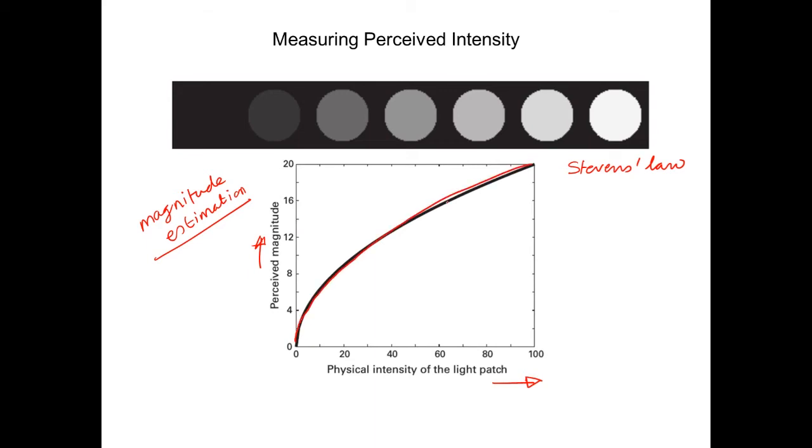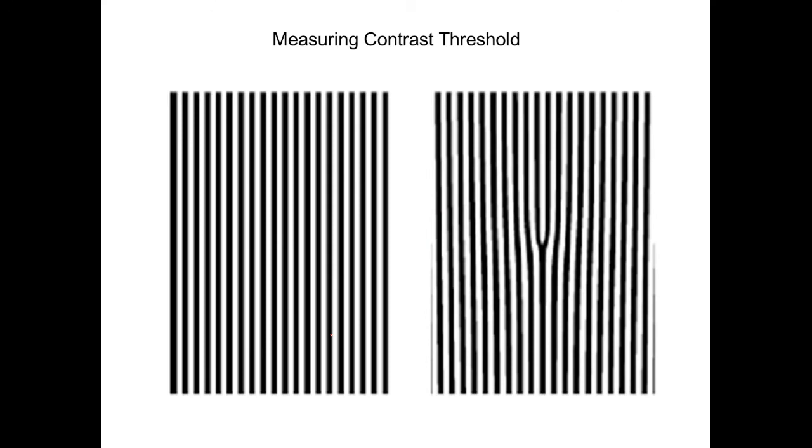Now, to measure the perception of light when there are alternating patches of light of different frequency, such as a grating, where alternating blacks and whites are displayed,